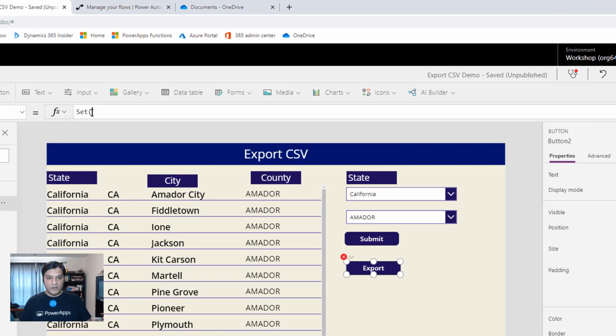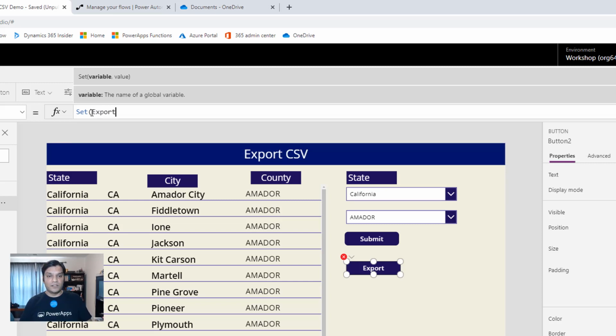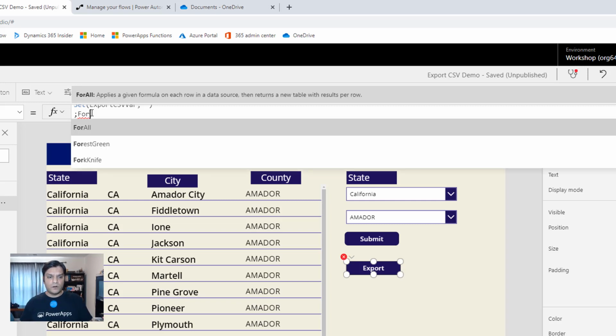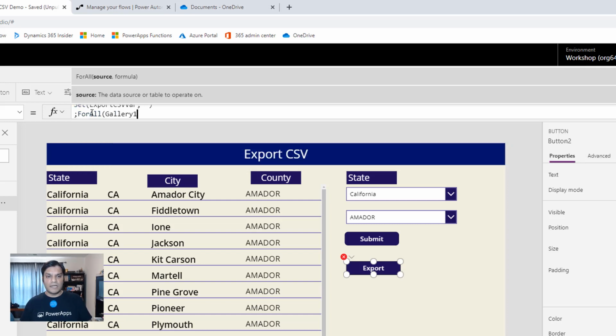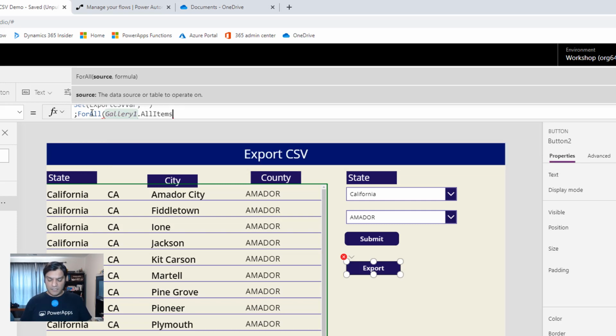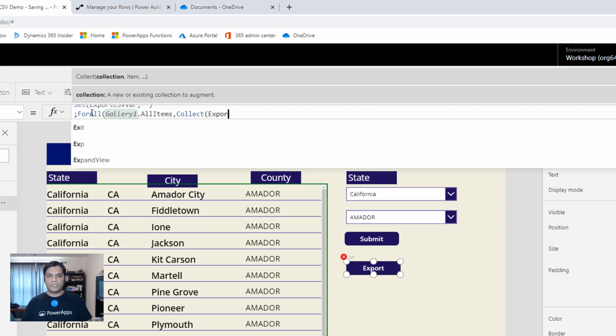So first thing, like I said, I'm going to use a global variable using the Set function. So let me go ahead and create that variable. I'll call it a variable here, and I'm just going to create the variable. All right, so that part is done over here. Again, remember, Shift Enter takes you to the next line, and then for all Gallery 1 items, I'm going to do a Collect, and I'm going to create a temporary collection. I'm going to call that the export